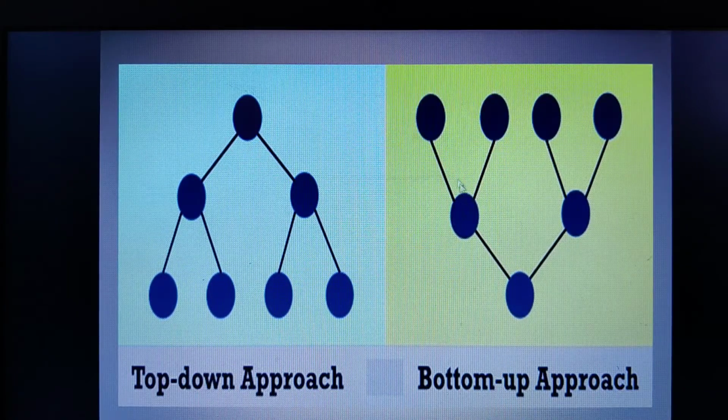So this process of combining the modules will continue until we reach one optimal solution. So this is how the bottom-up approach will work. Now, what are the drawbacks of this kind of bottom-up approach?